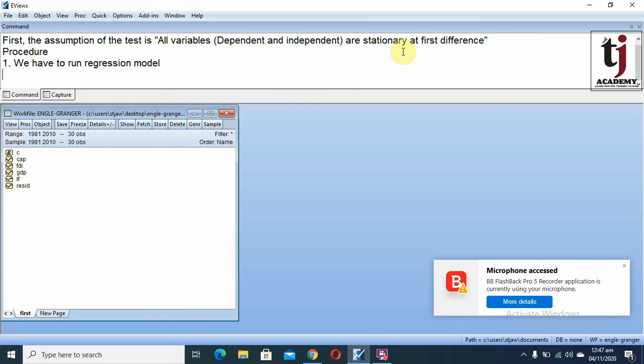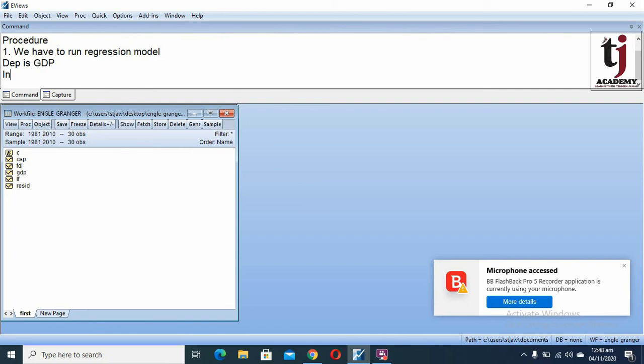In this model, the dependent variable is GDP, and the independent variables are labor force, capital, meaning investment, and FDI.